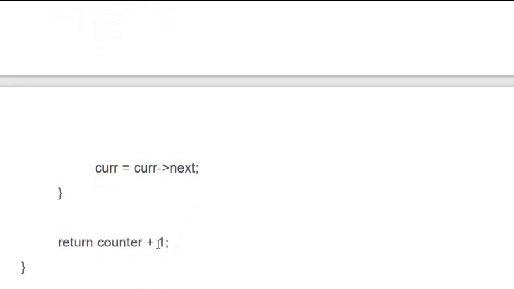Therefore for that node we add 1 and return the value.